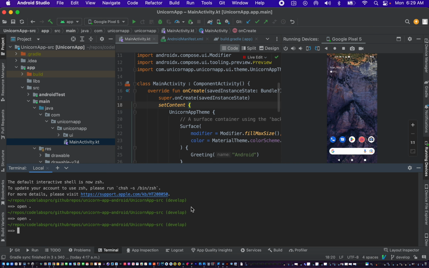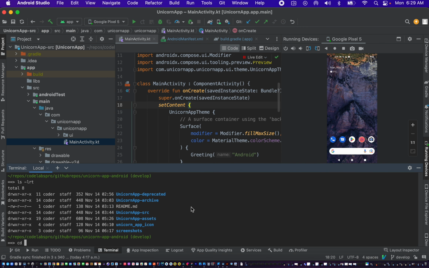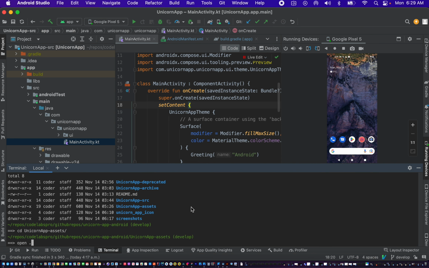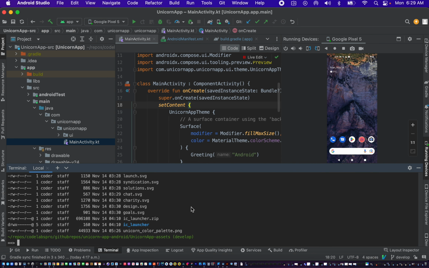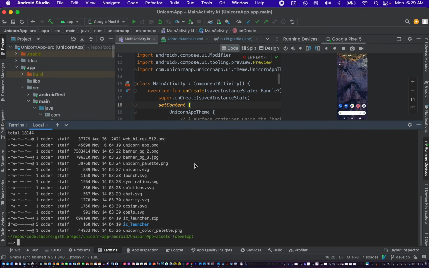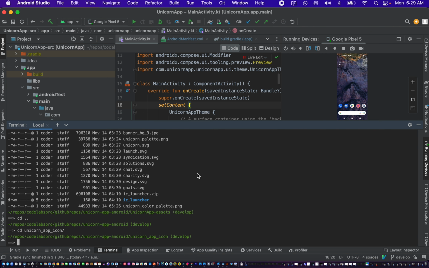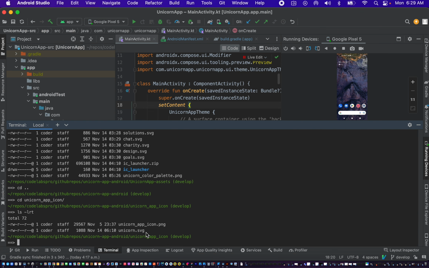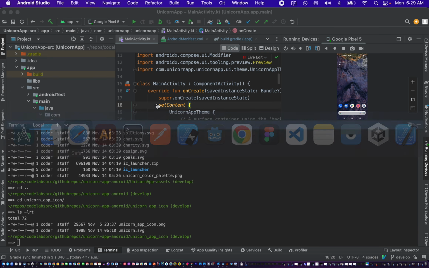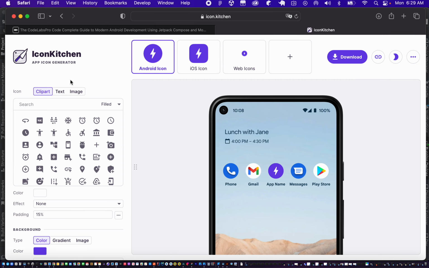Let's actually switch to the assets folder. So we have a unicorn SVG file, and if we go to the unicorn app icon folder, we have a unicorn.svg. So we're going to make an icon out of that. So if we go back here to our